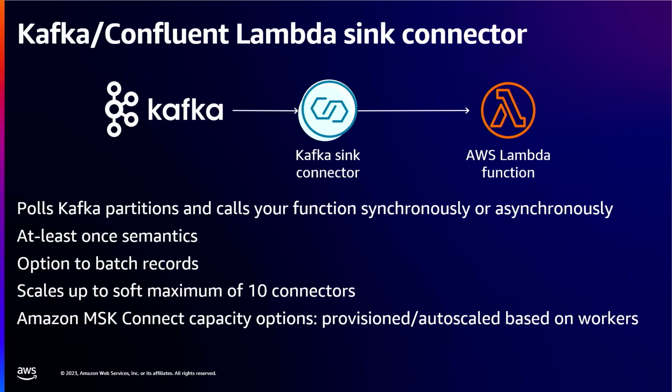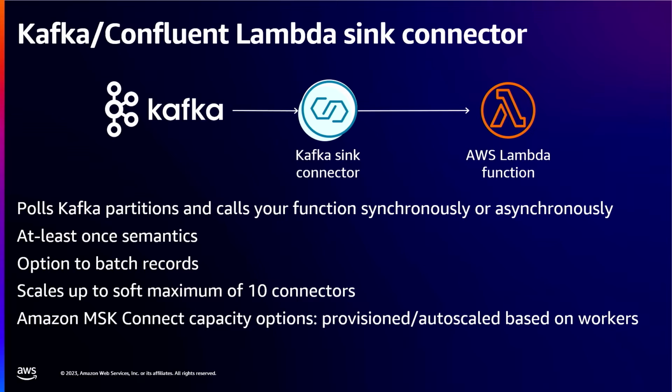So just talking quickly about Kafka, Confluent, Lambda. It can call Lambda in 2 different ways. In synchronous mode, records within a topic are processed sequentially, and the Lambda success response is then written to another successful Kafka topic. In asynchronous mode, the connector works in fire-and-forget mode. Records are processed on a best-effort and also sequential basis.